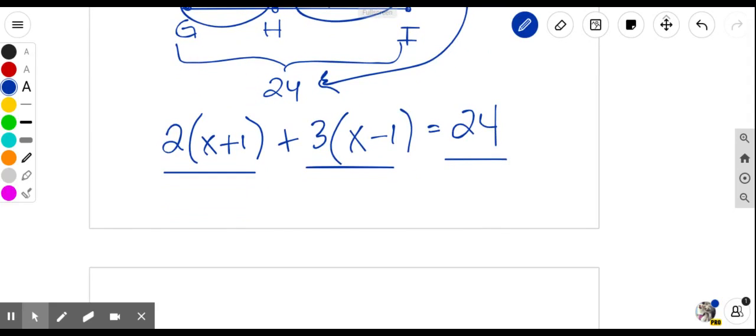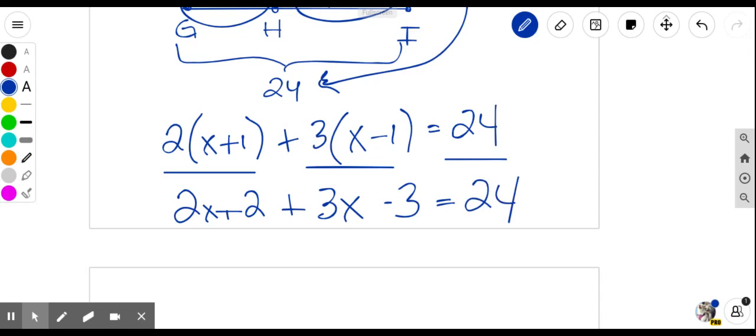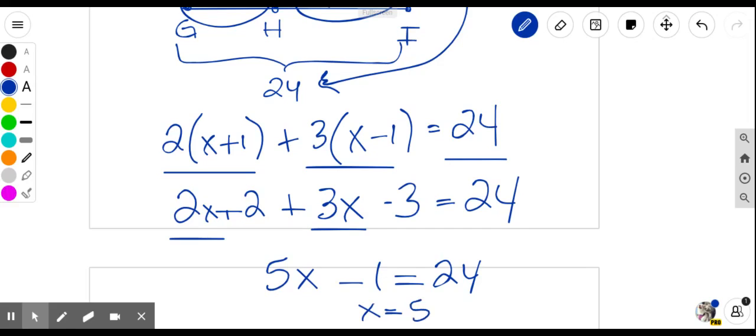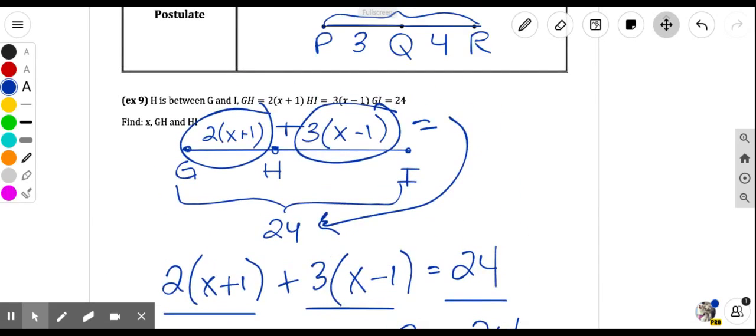So I'm going to distribute here. So you're going to have 2x plus 2, then 3x minus 3. Let's combine like terms. So we're going to have 5x minus 1. So if we add 1, divide by 5, you end up getting x is 5. So we did the first part. It says find x. Now it says also find GH